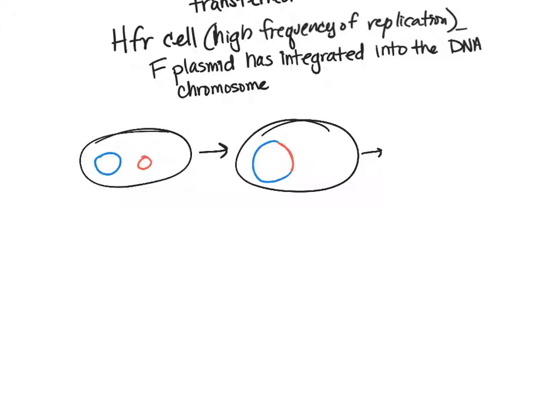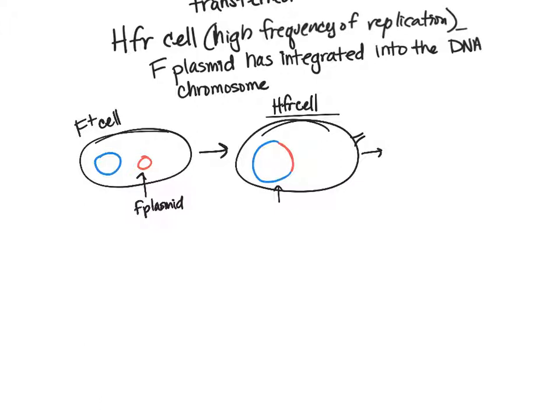itself. So it's going to make the pilus, for example, with another bacterial cell. And then we have our chromosome here with the F plasmid in it, which is now called the HFR cell. So over here we had a separate F plasmid, and so this was an F plus cell. So then once it has integrated into the chromosome, now this is an HFR cell, or high frequency of replication